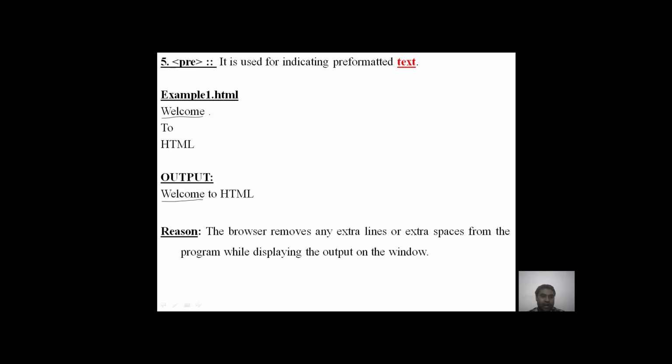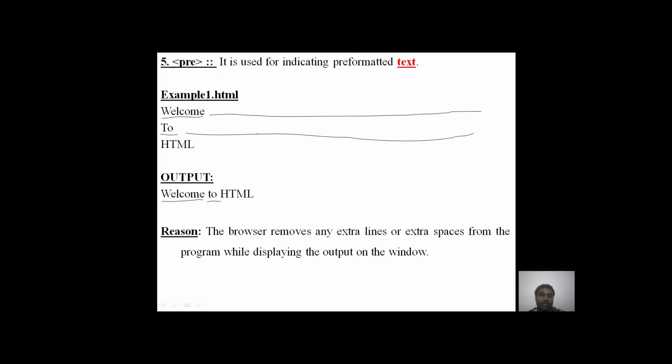After that, in our program, we have a line break. We have some extra lines. So if you are going to place some extra lines in your program, then the web browser removes all those extra lines or extra spaces from your program. So after that you have written statement 2. That statement 2 will be treated as a text and it will be placed beside the welcome text in the output screen. After that you have some extra spaces or extra lines in your program.